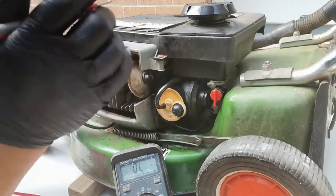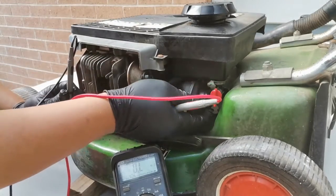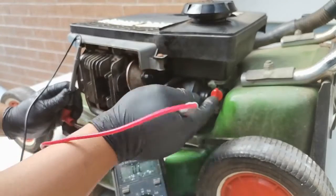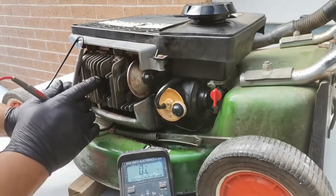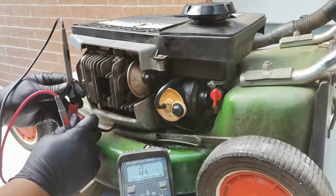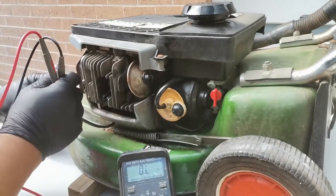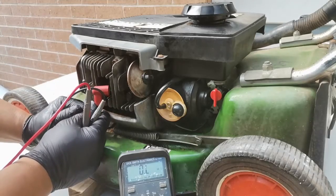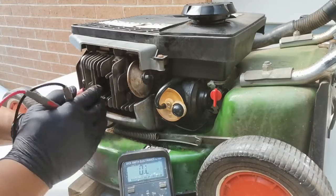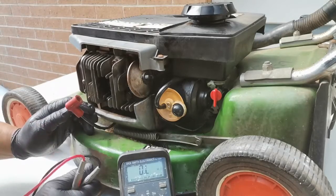This is a fair bit of a job to do. Aside from fixing the leaking of the fuel primer, we have to fully rebuild the carburetor just to make sure that everything on the carburetor is working properly, as well as replace the ignition coil. I have a spare ignition coil as well, so I'll show you in a moment, but at the moment it's no reading at all. So that's how you quickly test the ignition coil, and I will make another video to show you properly how to test the ignition coil for a Victa 2-stroke engine, including the two contact pins